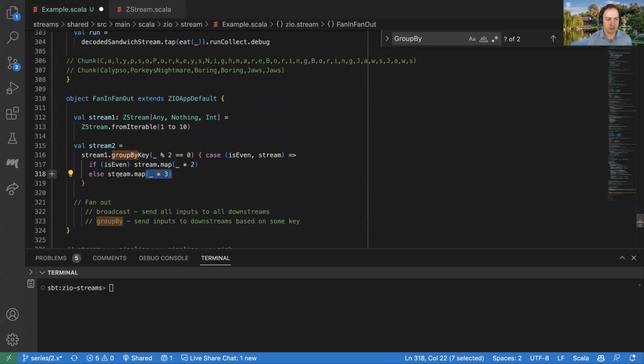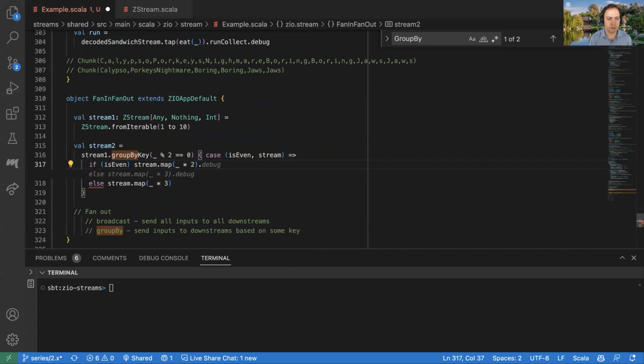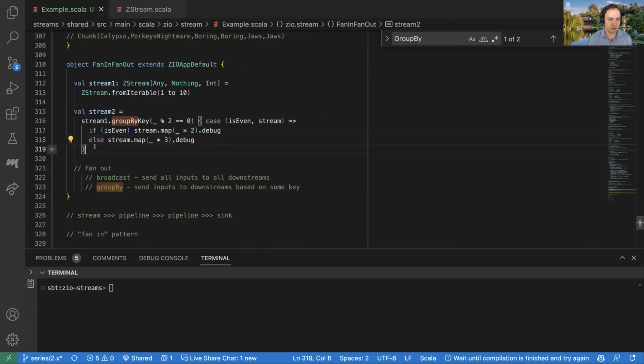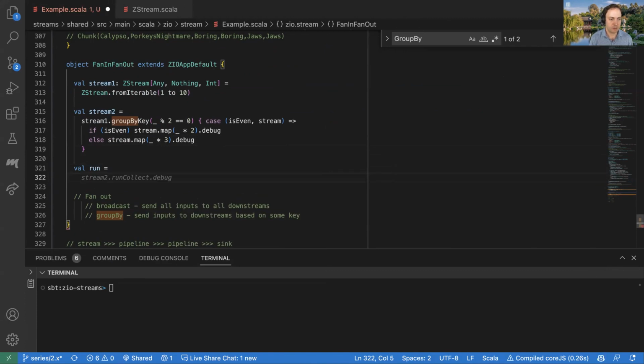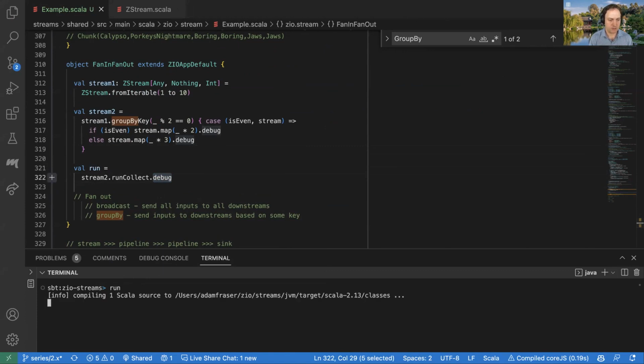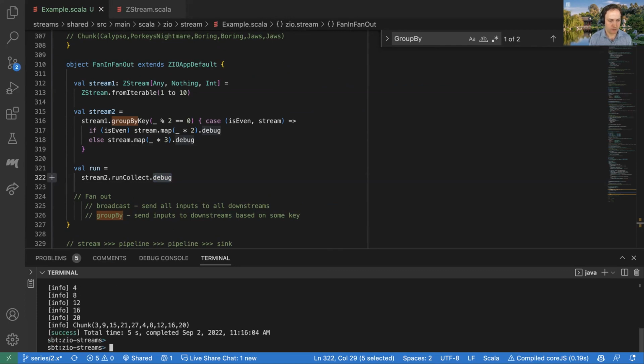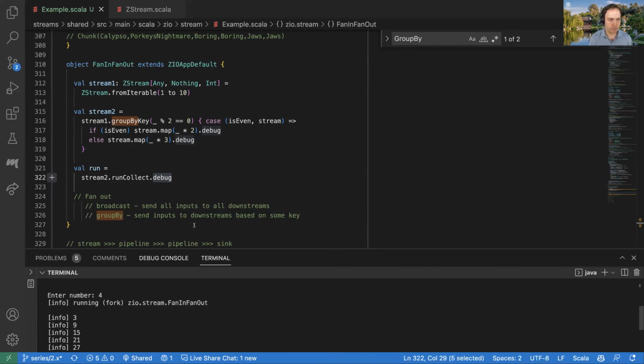And so here, since I want us to be able to see something, let me debug these, say. And then do val run. Let's try this. It's beautiful. And maybe this is going to be more interesting. Let me give it an even, and